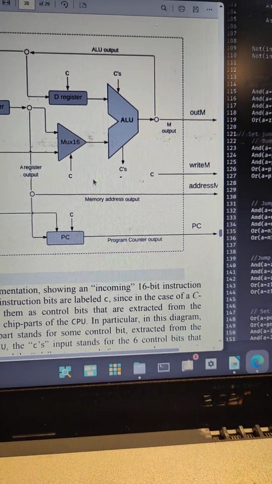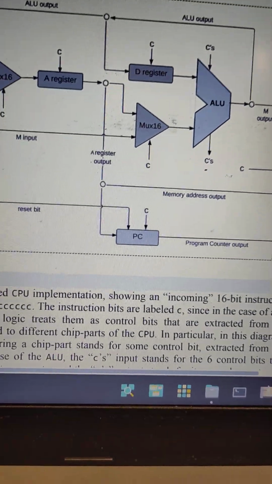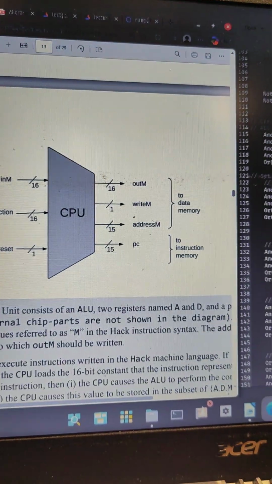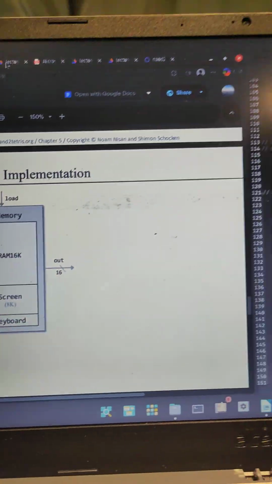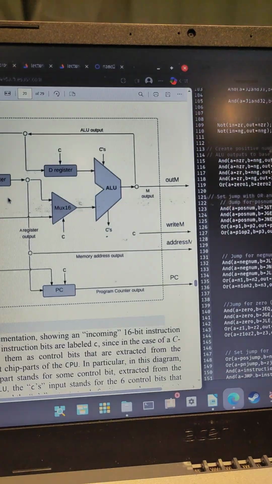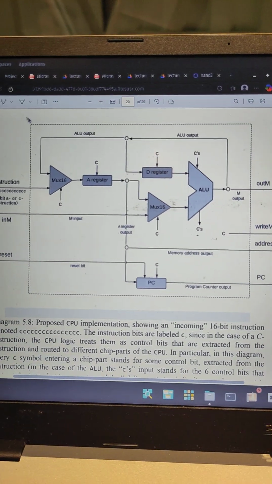And then the jump bits, I already went over that in pretty good detail. So it felt pretty good to get everything together, get it all working. Oh, one more thing I wanted to touch on. Once you get a basic framework for this and you connect all the control bits like the way you think they're supposed to be,